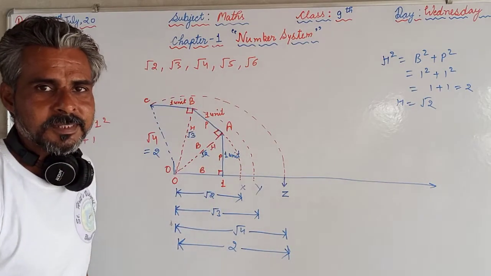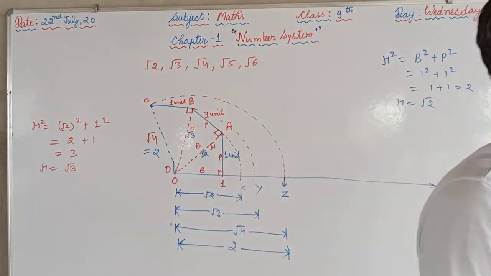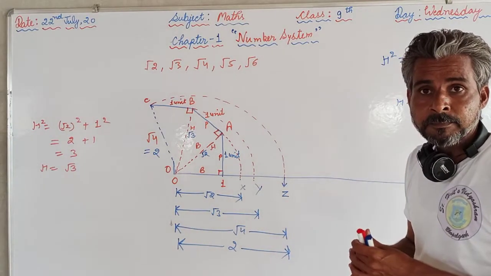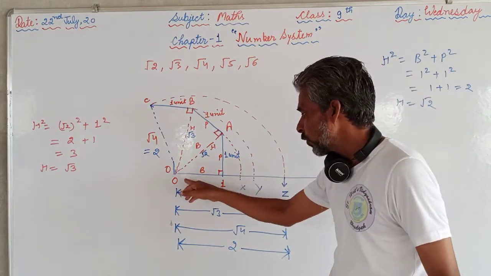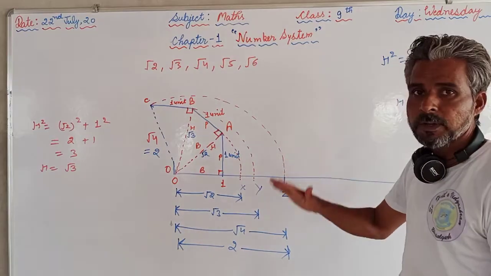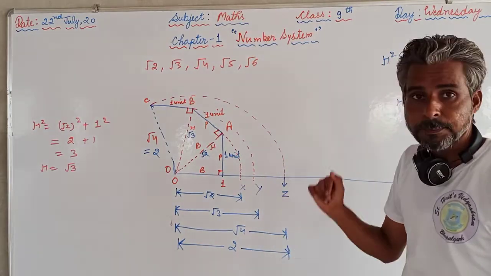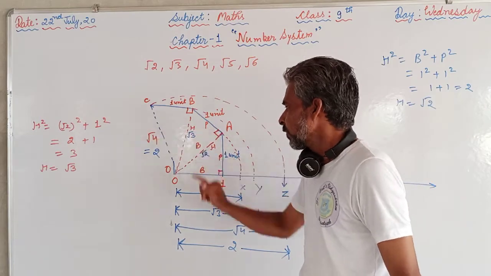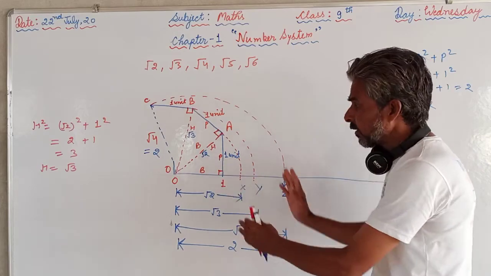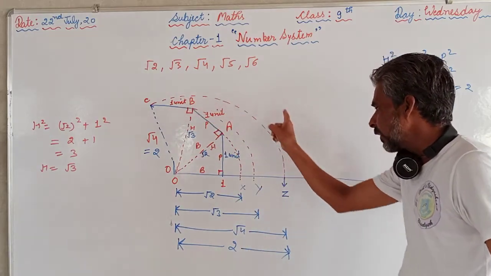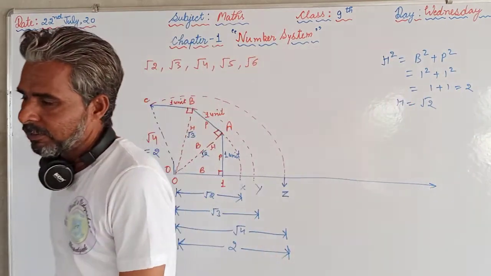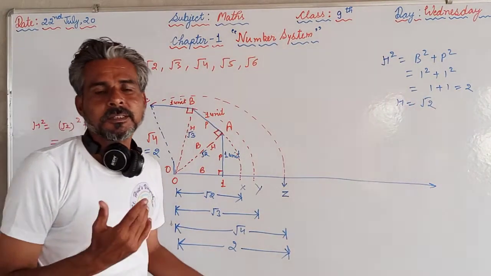So this is the activity for you for today. First of all, you are supposed to draw the number line using a scale. With the scale we will draw 0, 1 and 2. We are supposed to mark these first, and then we will start to represent under root 2, under root 3 and under root 4. Under root 2 and under root 3 should come in between 1 and 2, and under root 4 should come exactly at 2. If it is coming exactly at 2, then we can say that our construction is right, otherwise our construction is wrong.